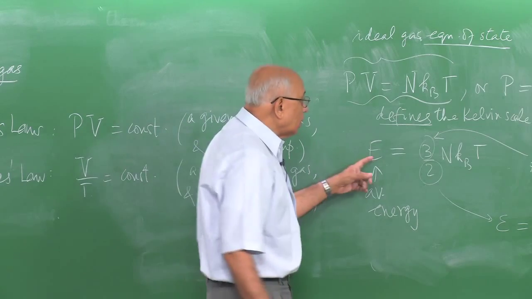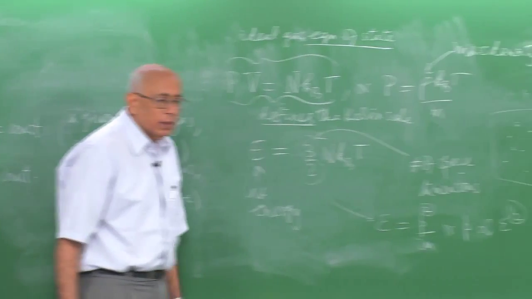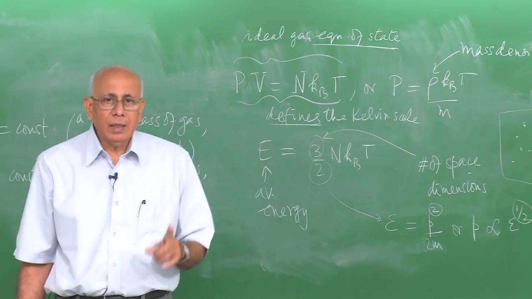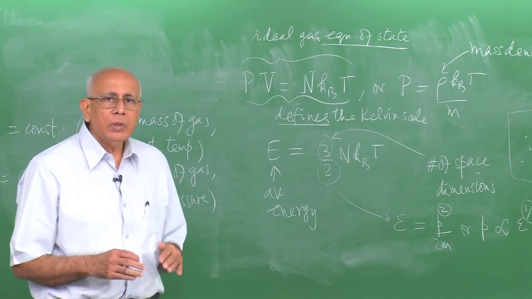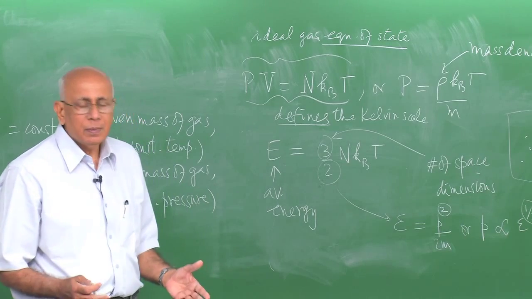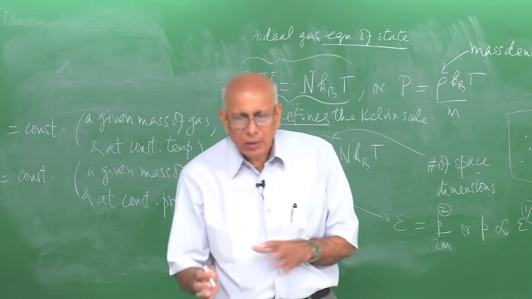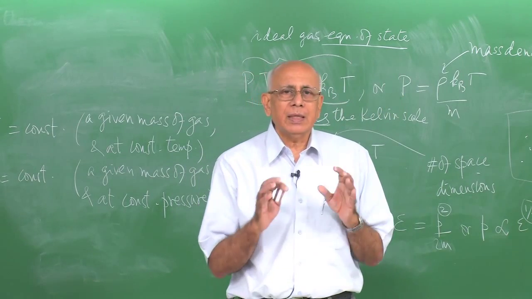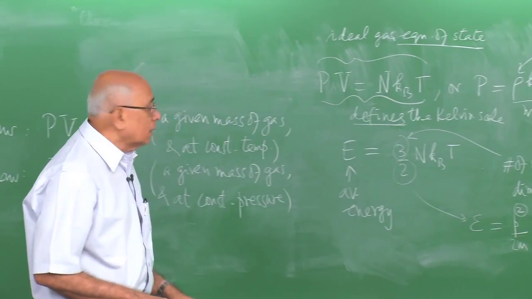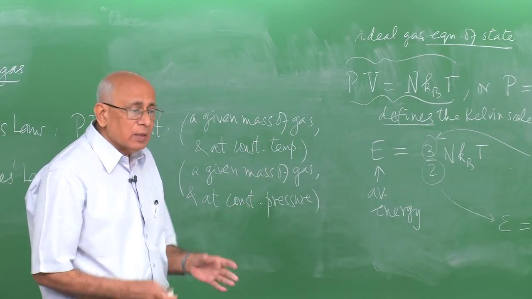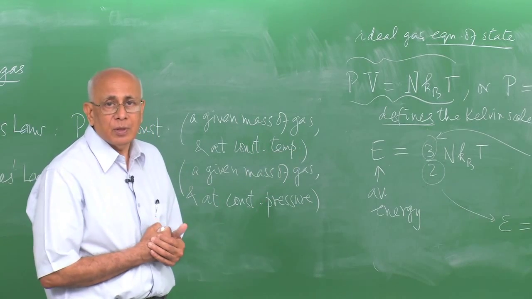Now the fact that you know this energy and you know this says that you know pretty much everything about this system. Not true in general in thermodynamics. Thermodynamics generally deals with systems whose equation of state you do not know. We may guess what it is, we have good approximations to it, but we do not really know what it is exactly. We do not know the equation of state exactly. On the other hand, the ideal gas is a simple model where this knowledge is available to us, and therefore we can make further progress here.